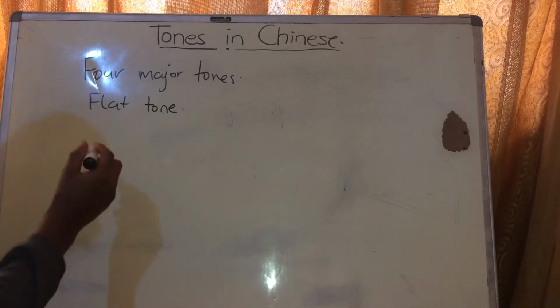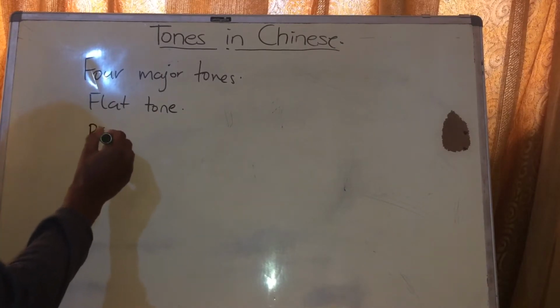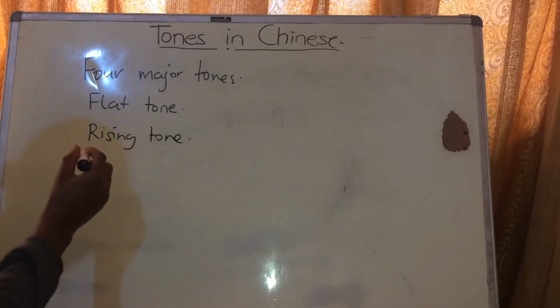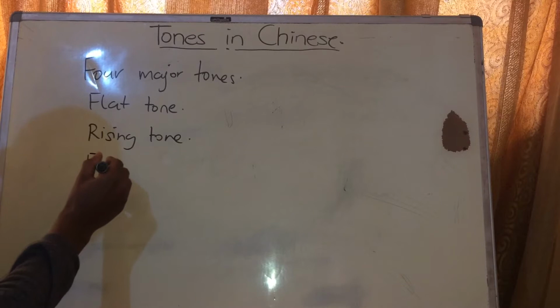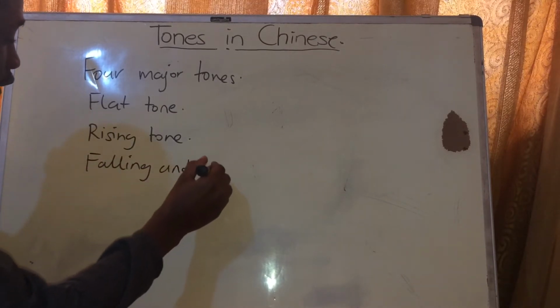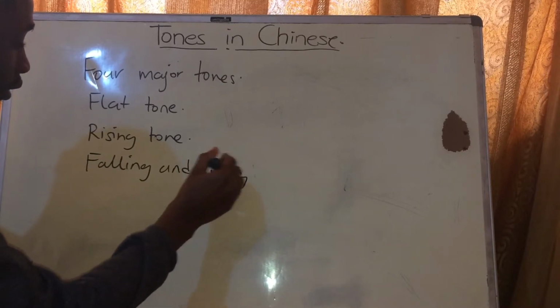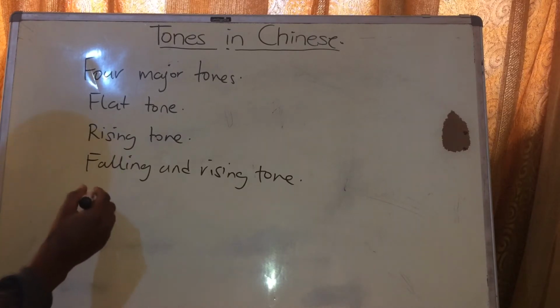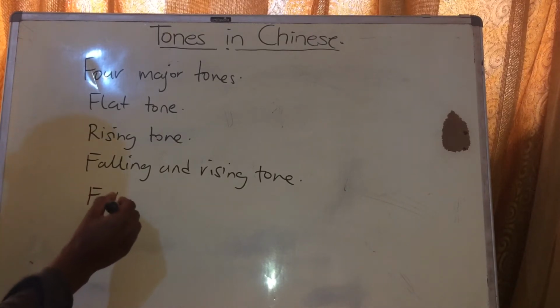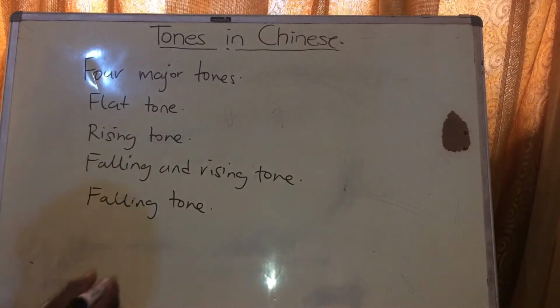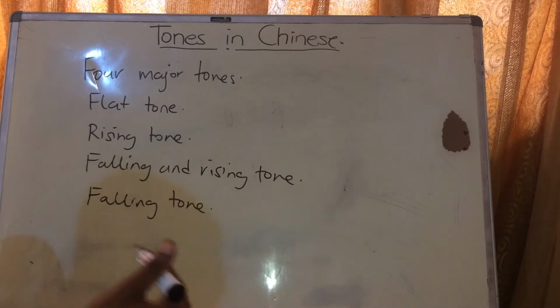The second one is known as the rising tone. The third is known as the falling and rising tone. The falling and rising tone. The fourth is known as the falling tone. So these tones help us in Chinese in a way that for you to pronounce a word in Chinese,